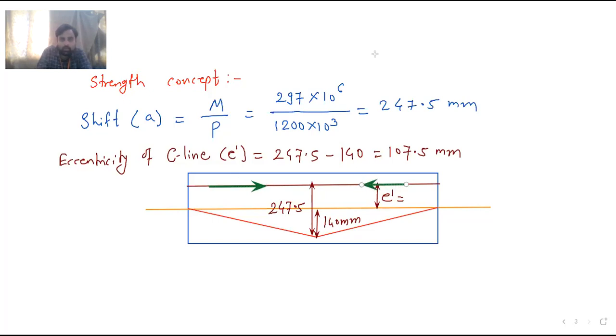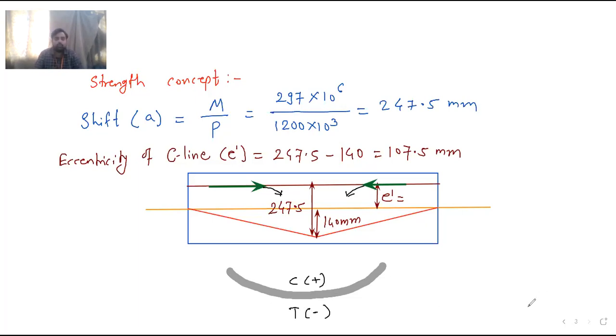Now if I rotate these forces about our neutral axis, yellow is your neutral axis, so it will rotate like this. It will try to push down the neutral axis. So the shape of the beam will be like this, sagging. If this is the shape, then compression is at top and tension is at bottom.